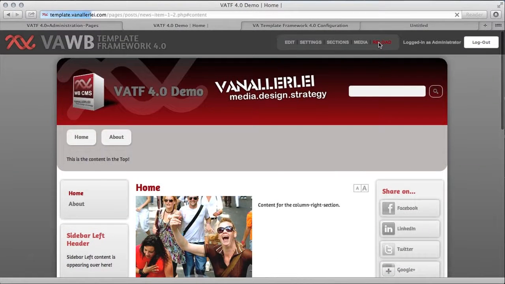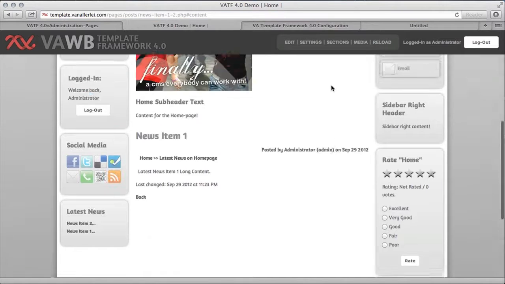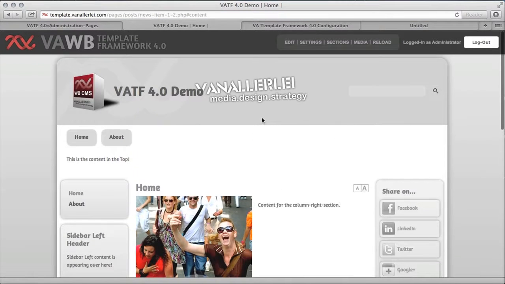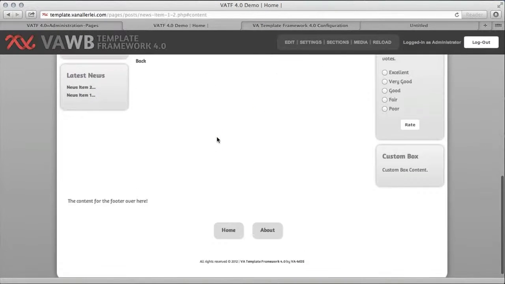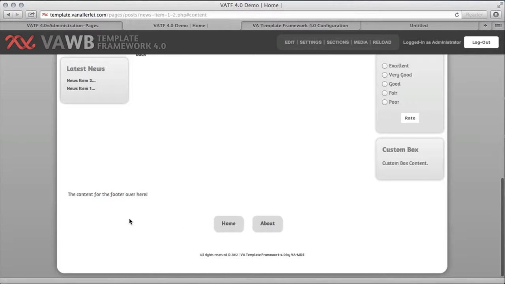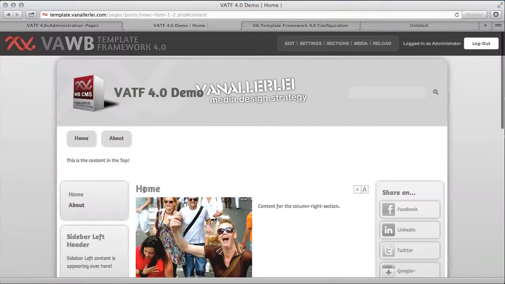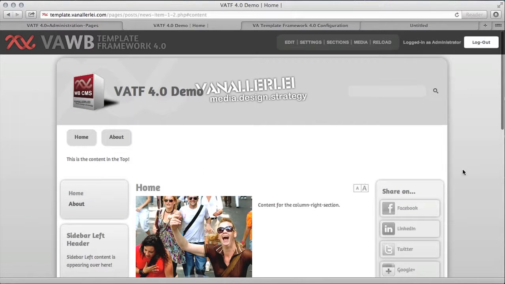If you reload the page, you'll notice the styling is much different. It's a lighter theme, and you see it also doesn't have, for example, a footer image. It doesn't have a background color for the header top, etc. Of course, this image you can easily change, but it's a default image, so you can easily change this in the images folder of each